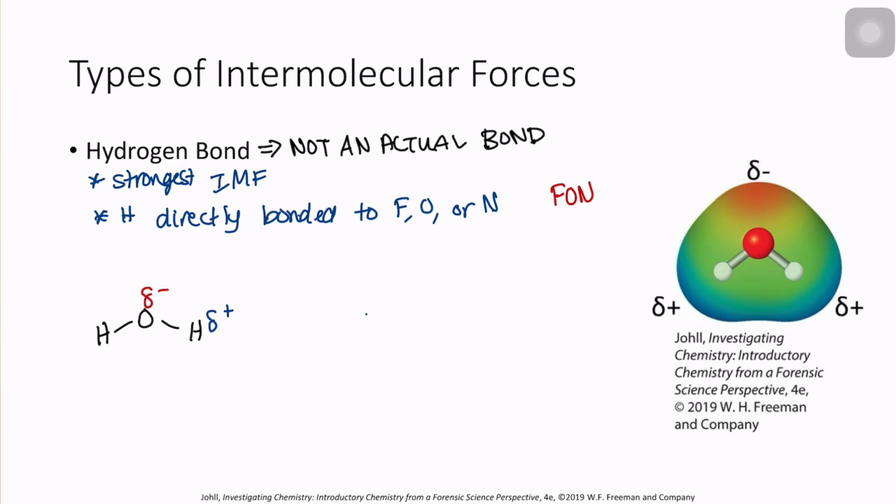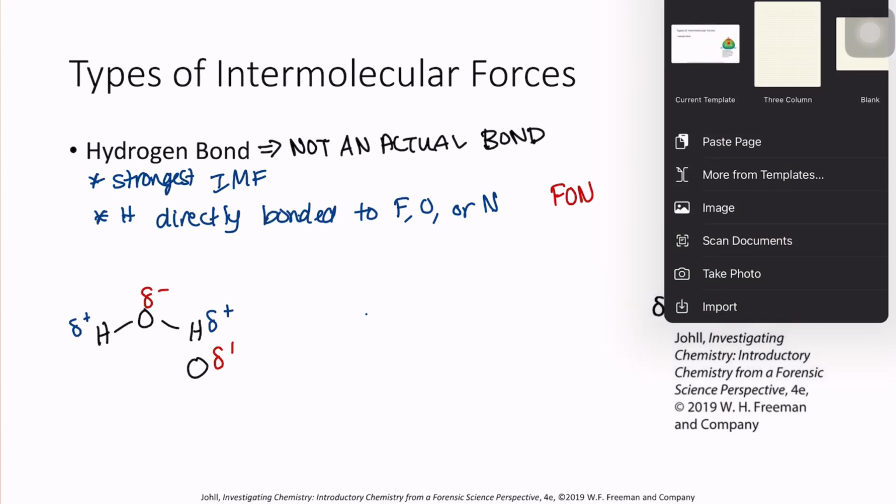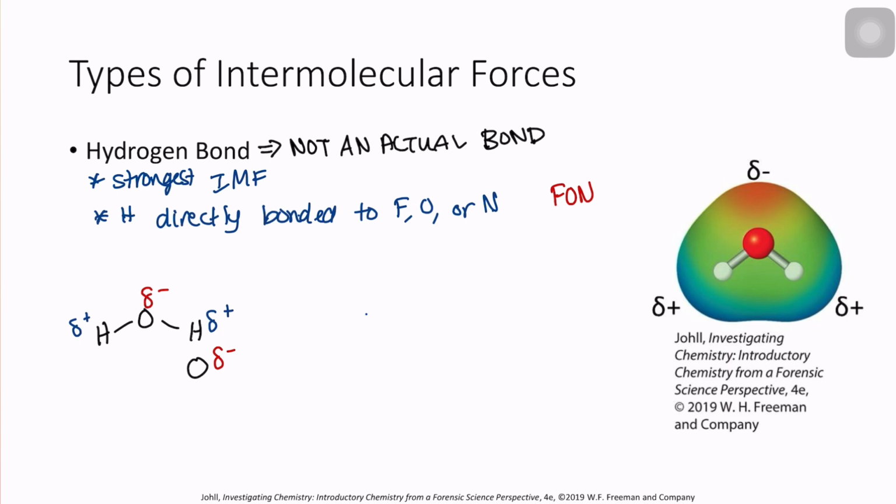So if we have another water molecule, it's going to line up so that the oxygen of the other water molecule is going to be attracted to the hydrogen of the other molecule. And this attraction right here, like we said with the other one, that is the IMF. But because these are that much more positive and more negative, then this hydrogen bond that occurs, which is not an actual bond,